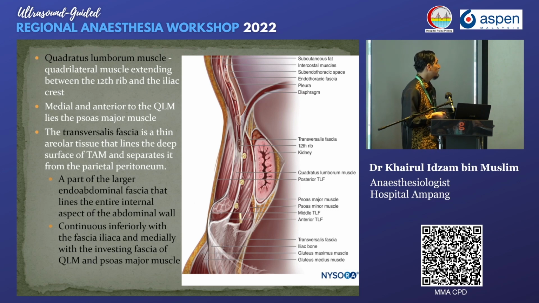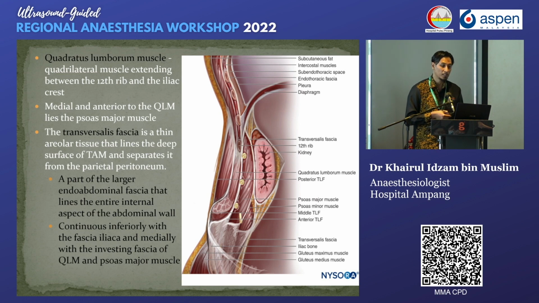The QL muscle is a quadrilateral muscle extending between the 12th rib and the iliac crest. So this is the QL muscle. Medial and anterior to the QL muscle lies the psoas major. The transversalis